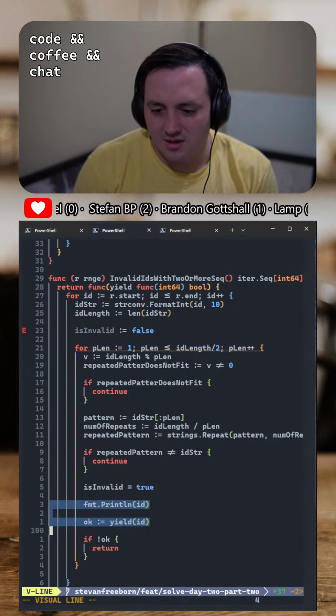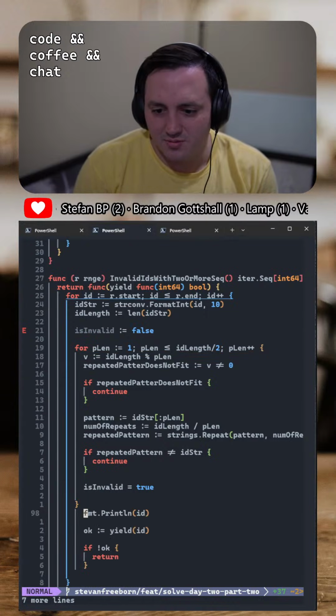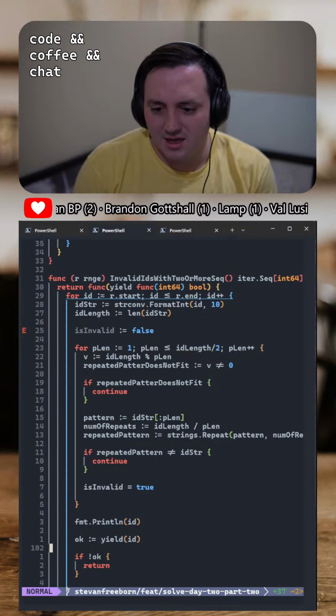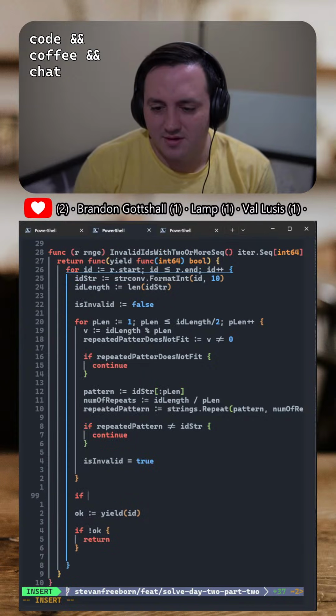Then we move this to the outer loop and we say if is invalid,